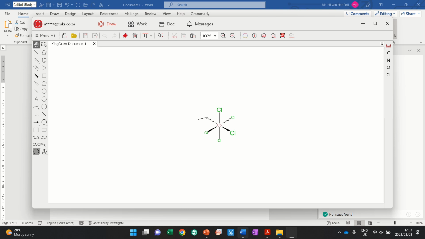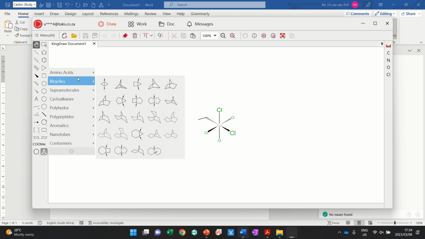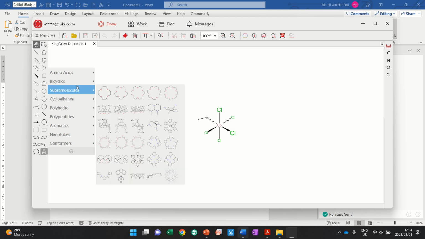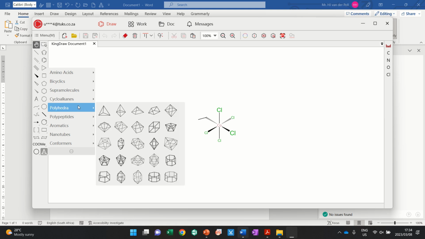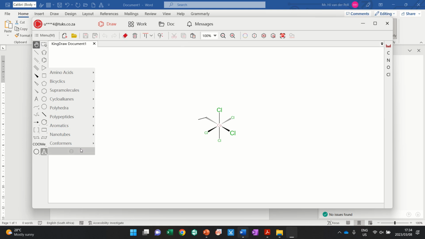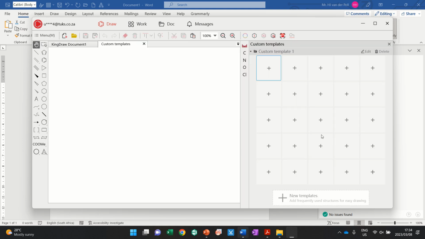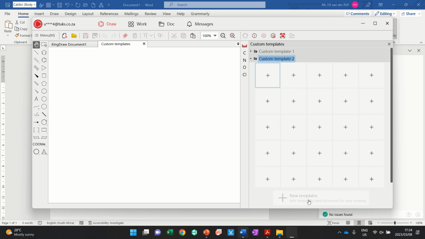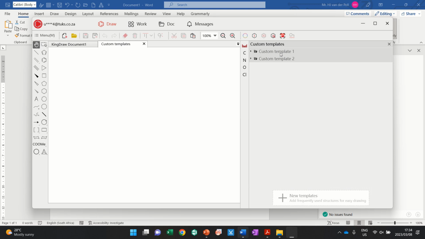There are some interesting options here, for example, things that you don't have to draw out. For example, if you do biochemistry or whatever, then there are amino acids and whatever that you can look at, or some other supramolecular compounds that you can look at. But you can add your own. So if you want to make a template, then you can. So if you just say you add a new template for something that you use,